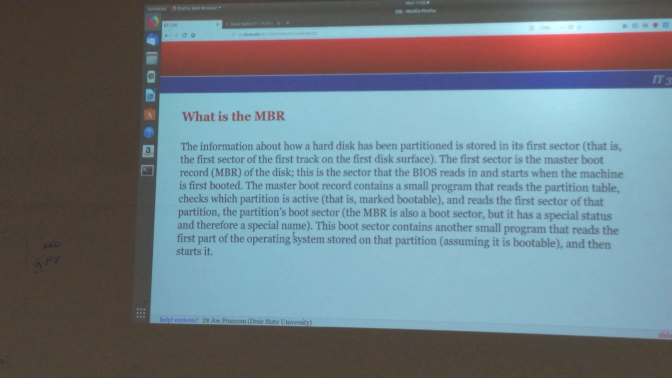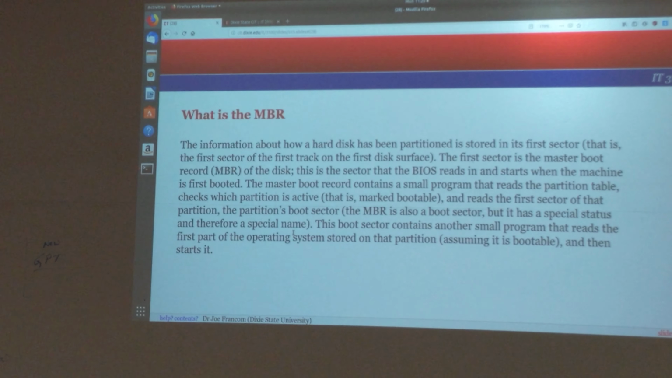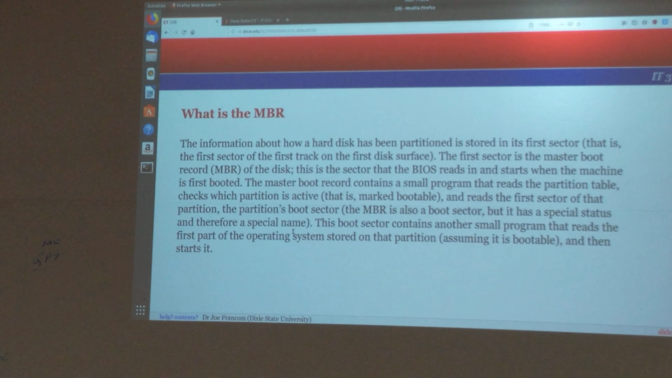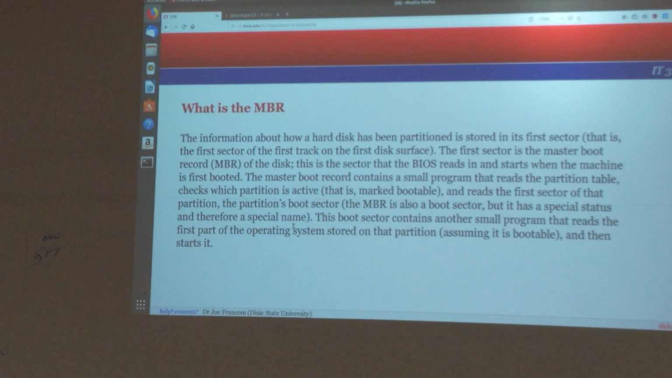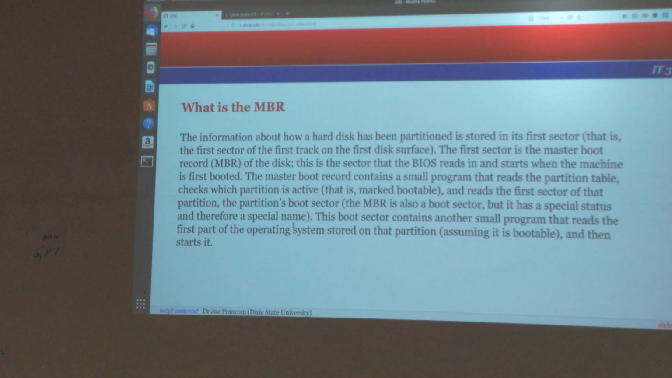So, some of you have taken maybe IT-1200, have you taken that? Yeah. So maybe you guys talk about tracks and sectors. I think we